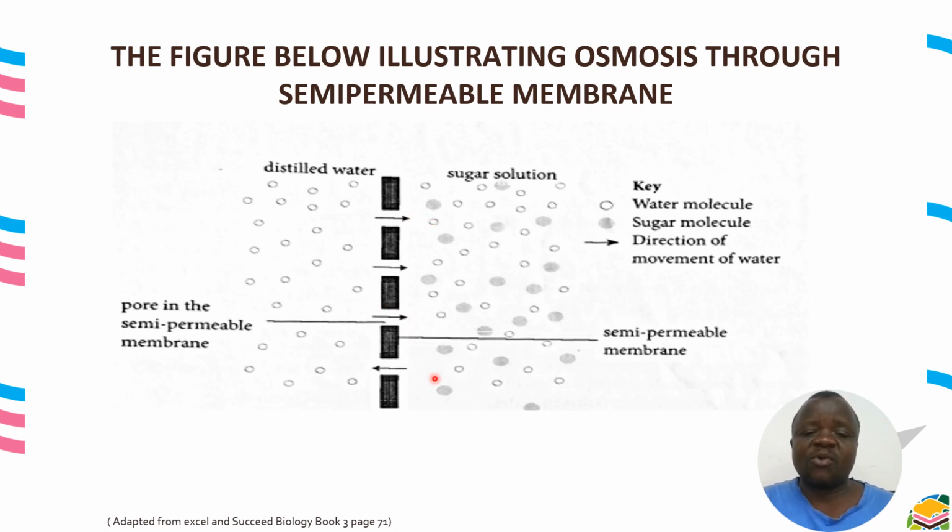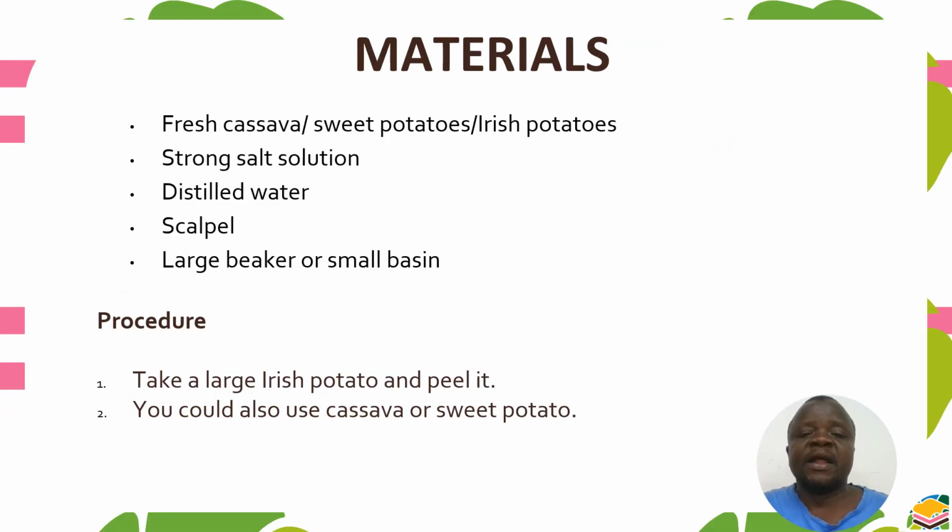However, some water molecules may misbehave. They may move from this sugar solution going that side. So that's why at times osmosis is defined as a net movement of water through a semipermeable membrane from a region of high water concentration to a region of low water concentration and vice versa. Yeah, so that's it. Now we have to conduct an experiment to show that osmosis is taking place